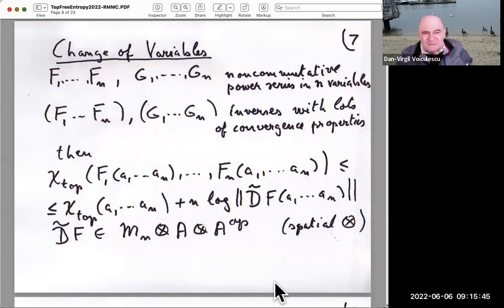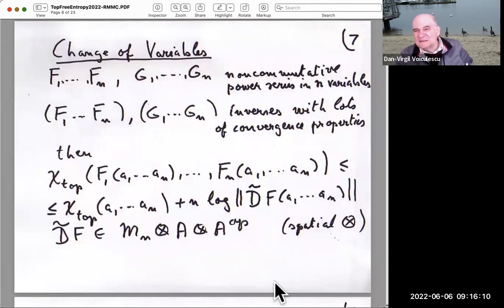The functions will be non-commutative power series in n variables. F1, ..., Fn is a non-commutative power series in n variables, and it has to satisfy the following assumption, that there is another n-tuple of